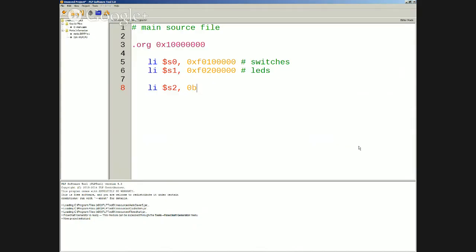And since PLP2 will ignore the leading zeros, you can just do that. Did everybody get that? So this is the mask for LED 0, and this is the mask for LED 4. Cool. So this is our mask. And we have our loop.